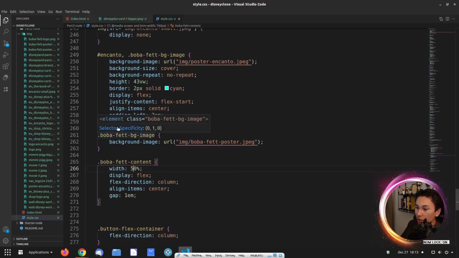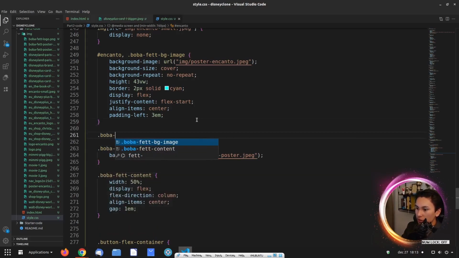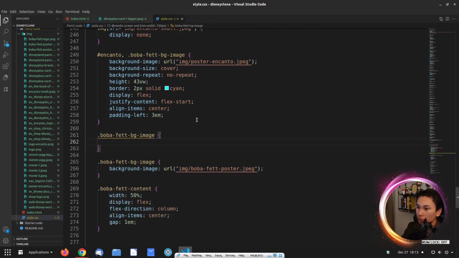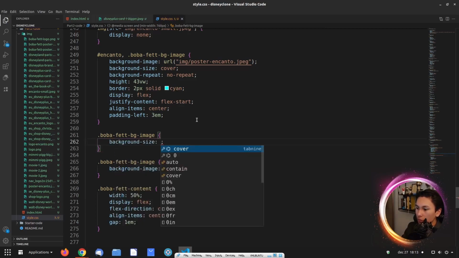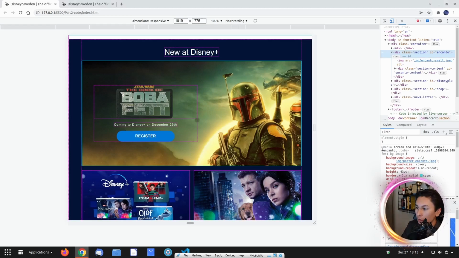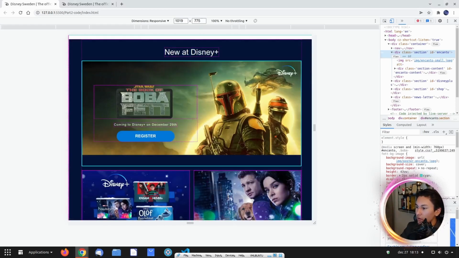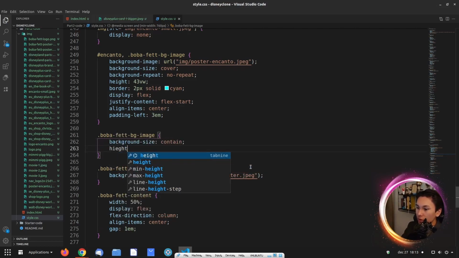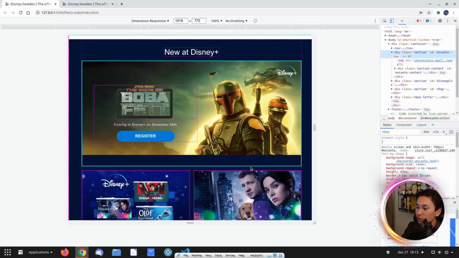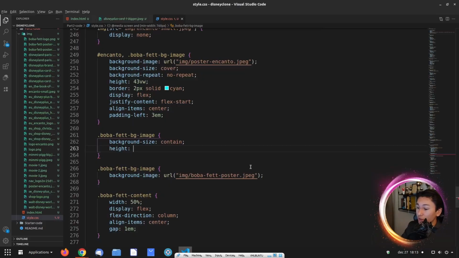Okay, so fixing the image. I'm going to start with selecting the image, and then I'm going to set the background size to contain. Now we will see what that looks like. And we can see that we need to add some more height. So I'm going to set the height to, or no, sorry, the reverse. It's too much height, so we need less height. So I'm going to try